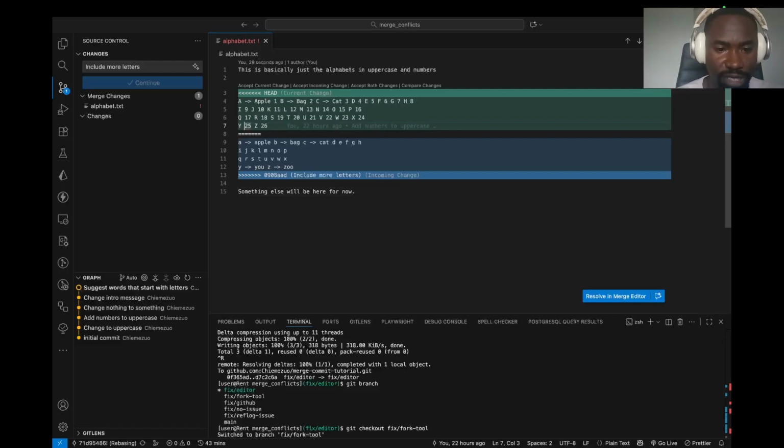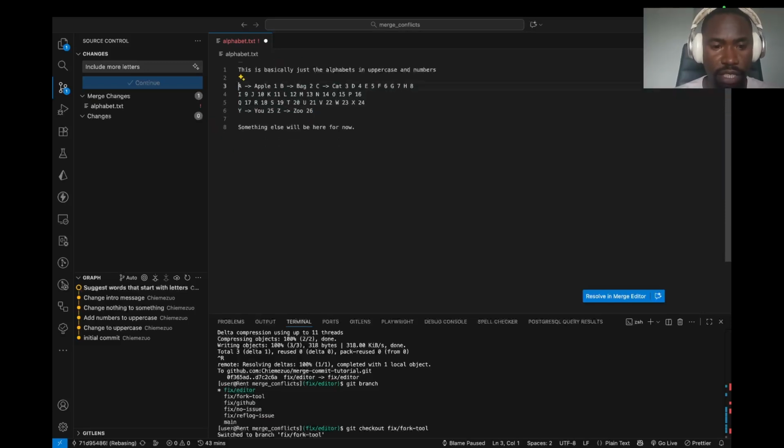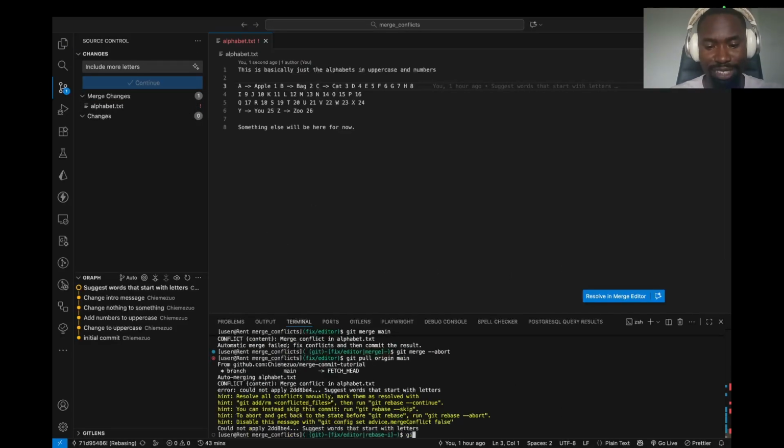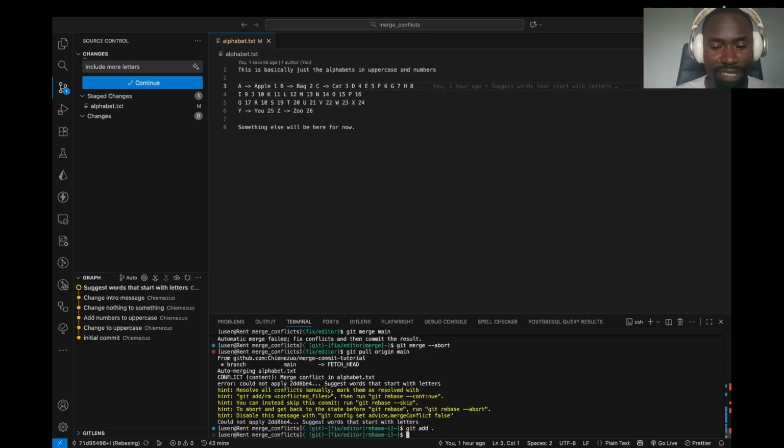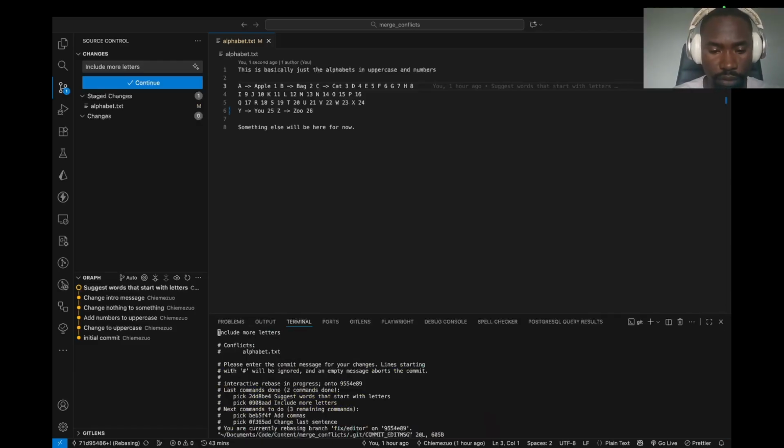So it's essentially an arrow, then U, then an arrow, then zoo, then space. So let's assume these changes are enough for the purposes of our illustration. And then we keep this here, we save. Let me type the command manually to show you that it works, whether you're using your terminal or you're using your